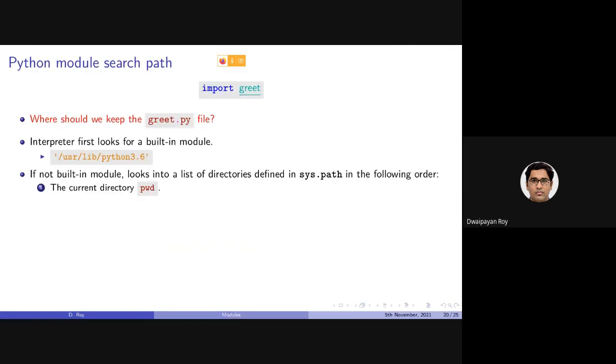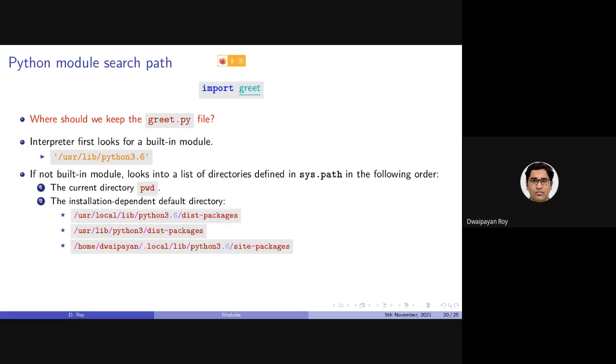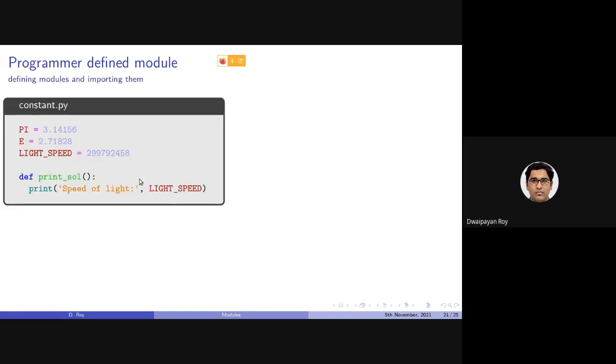But usually, as I said, the more common practice is keeping the module file, the .py file, in the same present working directory from which you will be calling that module. The others can also be used, but they are rare. Mostly, we will be keeping them in the PWD.